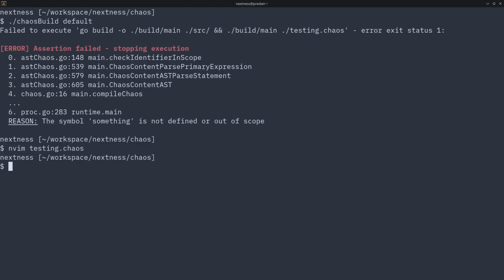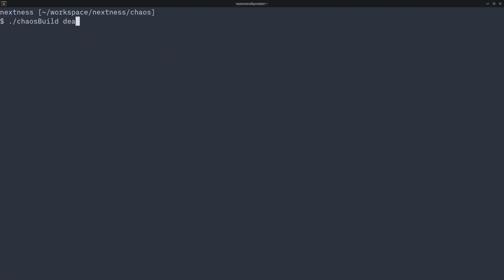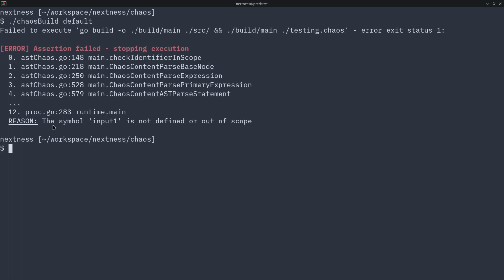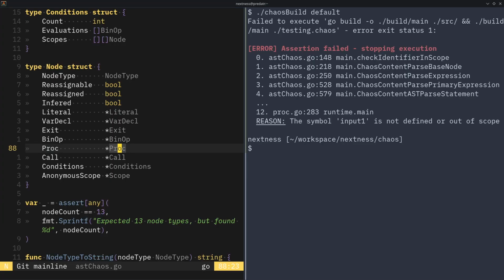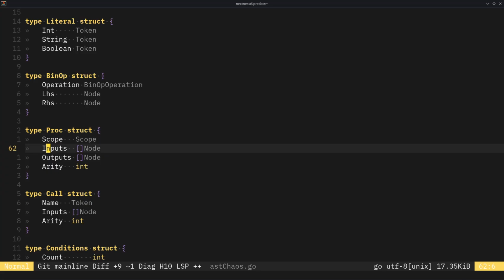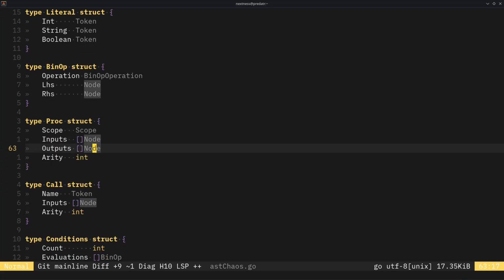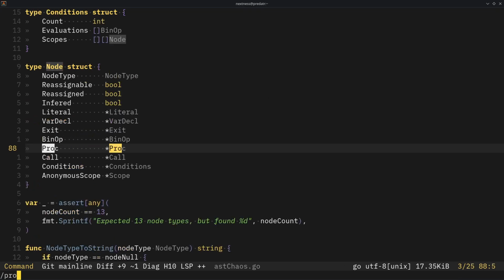Basically in here, if you take a look, it shouldn't work, right? It will say that there's no definition for this value, or for this symbol. It's either out of scope or not defined, which is not the actual behavior that we want with this, because we technically do have that. So if you go back in here, we have all the inputs and all the outputs. So the proc definition parsing should consider that when we are doing that. So let's go back to proc definition